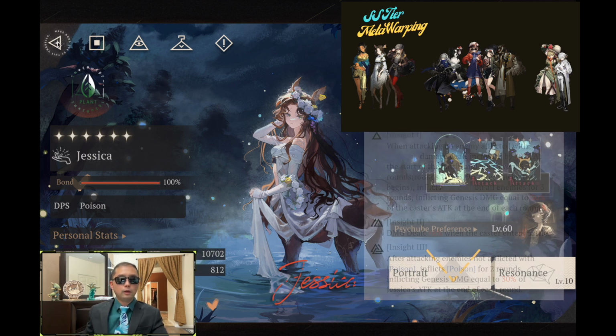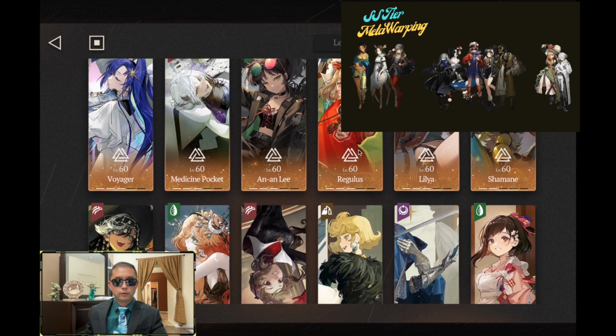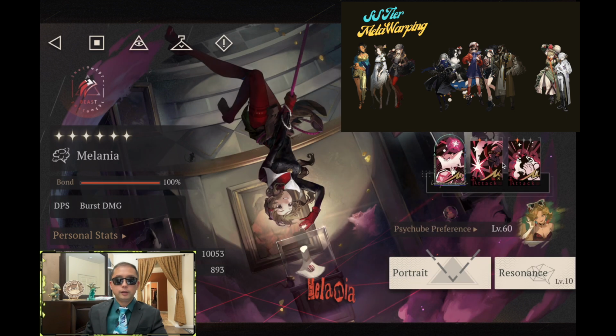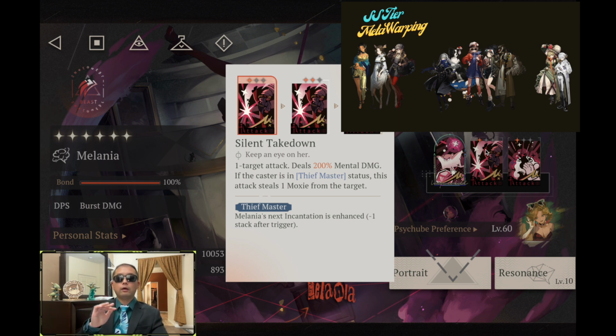And then moving on to Melania, I think that Melania, even despite that one cheapskate boss that's immune to control and doesn't need Moxie to cast ultimates, is still worthy of double S tier, because for all other bosses Melania is really, really good. I think it's certainly a meta warping team, because in addition to having decent damage that gets better and better the more ultimates she does, she's able to remove Moxie, which is basically the currency that we use to get our ultimates off. So with Silent Takedown, it's a single target mental...